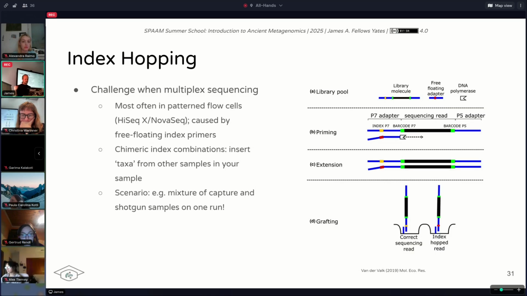But they have this slight artifact: when you try to exclude other molecules going to these tiny little wells, there's a bit of chemistry, which means that if you have free-floating index primers, so primers or adapters that have not been properly bound onto your molecule, they'll start being added onto different molecules from different samples. As you can imagine, that's quite bad, because then you start getting molecules from one sample being assigned to a different sample. So if you're getting data from the NovaSeq or HiSeq X, you should try and check for this. There are different methods of doing so, and quite a few papers on this, so check this